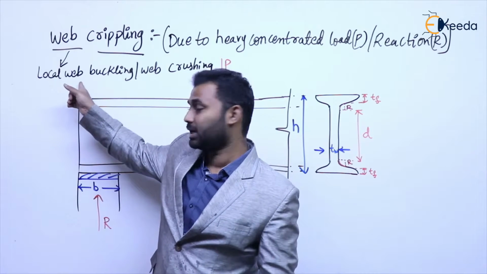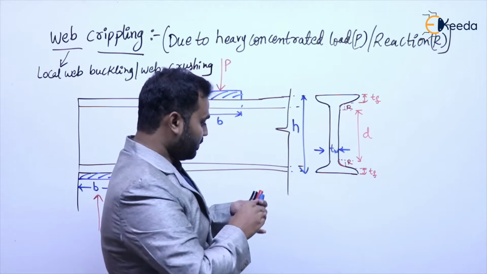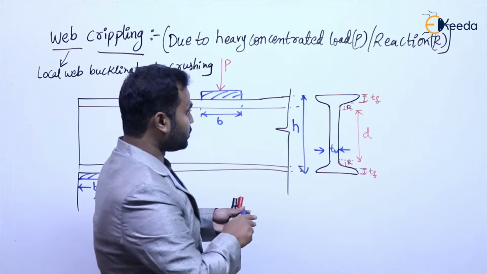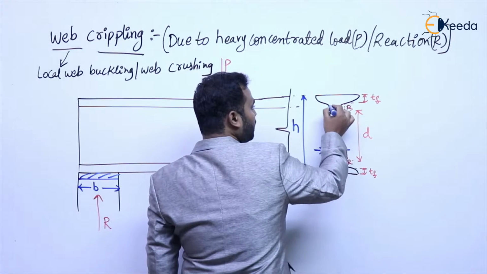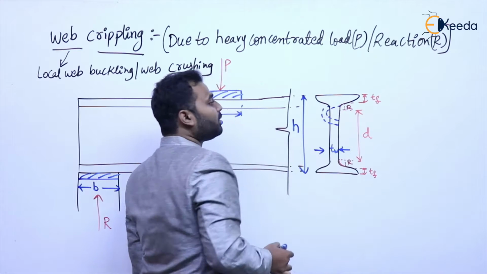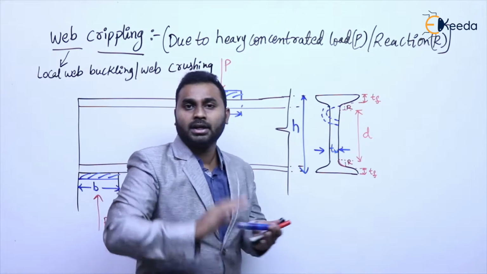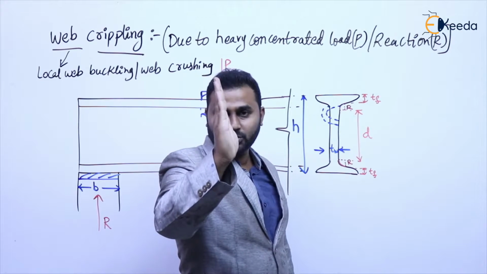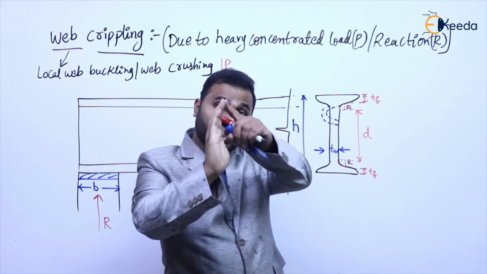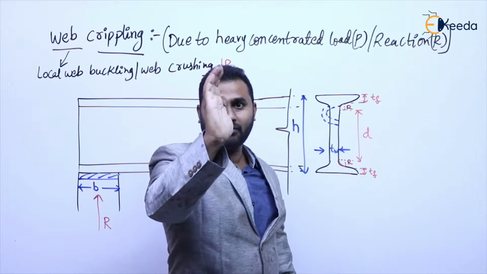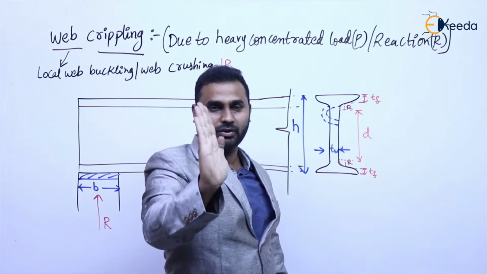That is local buckling. As I said, this is how the web buckling is going to take place here. You assume my palm as a web. So web local buckling means only at the junction it will occur like this. Web buckling means the total web. Is that okay now, everyone?